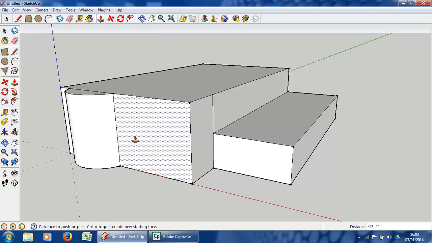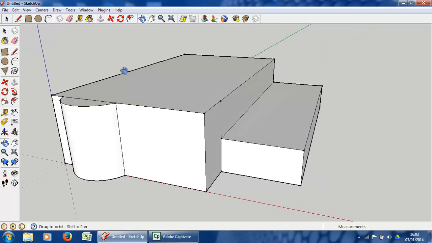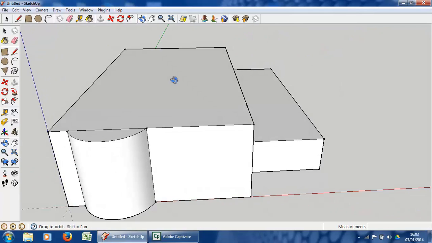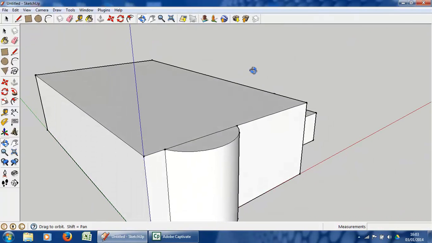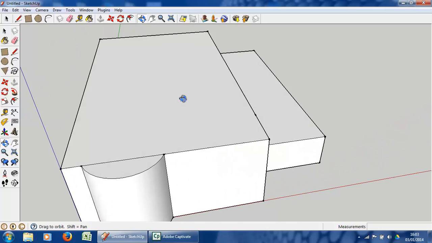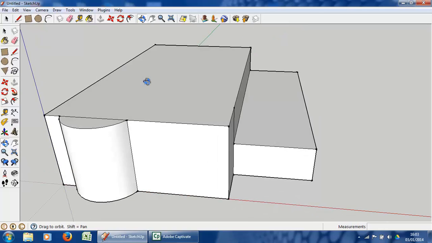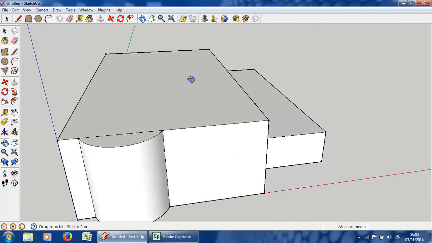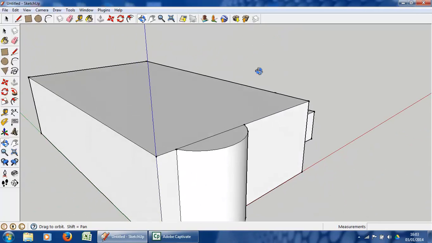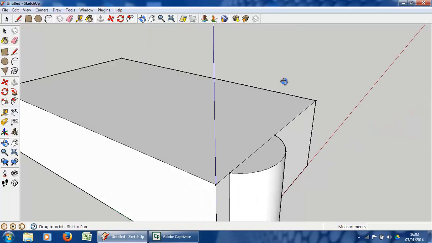Now, the next part that I'm going to add to my house is the roof. There are a couple of different ways of doing this. I'm going to show you quite a quick and simple way to begin with. You need to start thinking about how your roof looks from above or from the side. It all really depends on how well you know the architecture of your house. But for the purposes of this, I think the best way to do the roof would be to